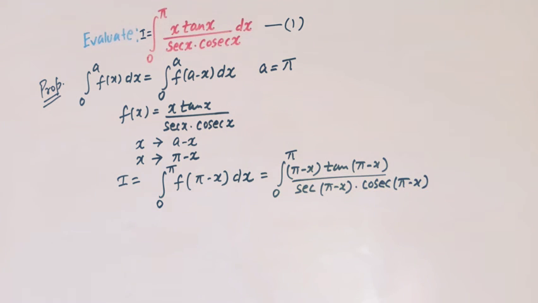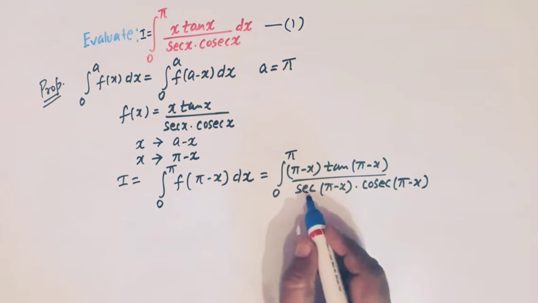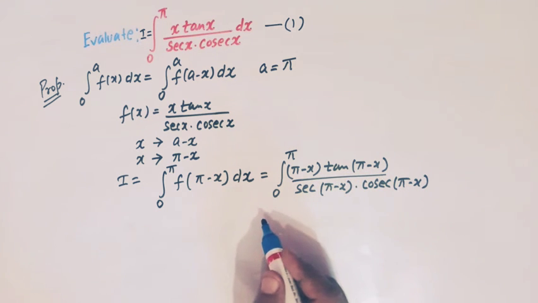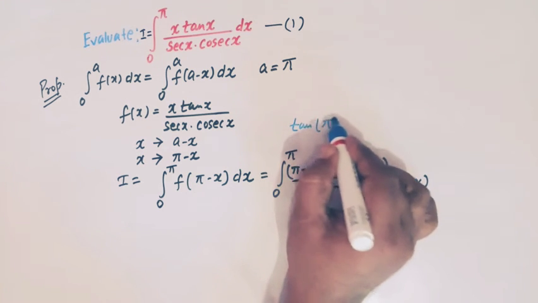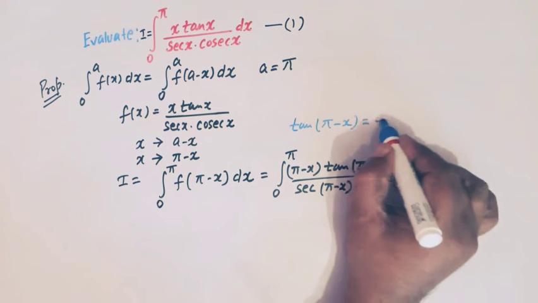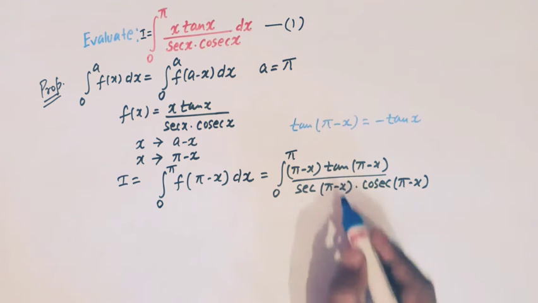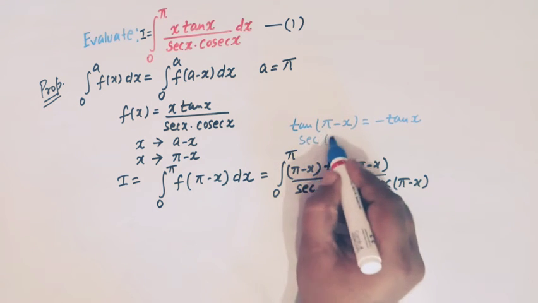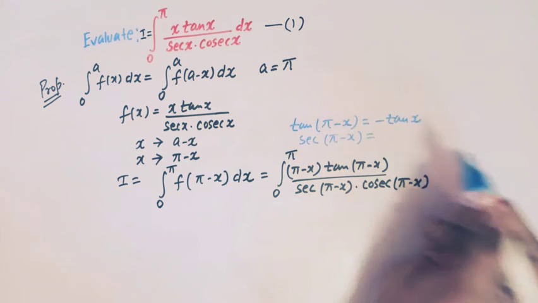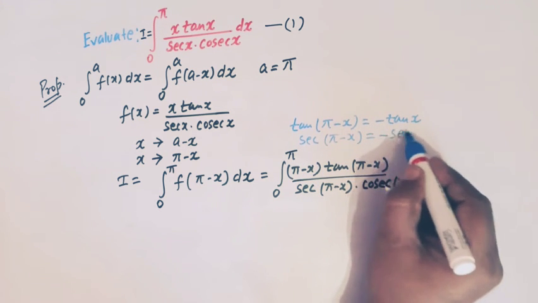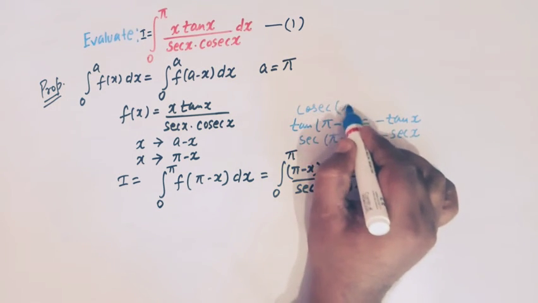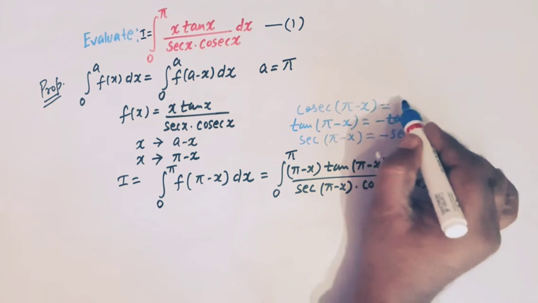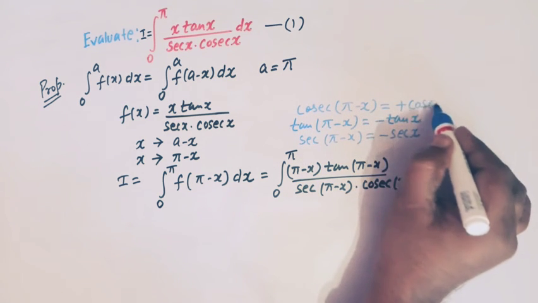Once we have written this integral, we have to make use of some trigonometric relations: tan of pi minus x is equal to minus tan x, and sec of pi minus x is equal to minus sec x,